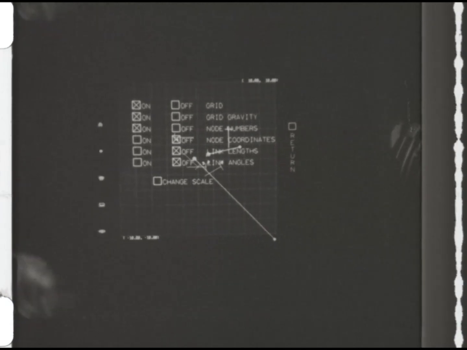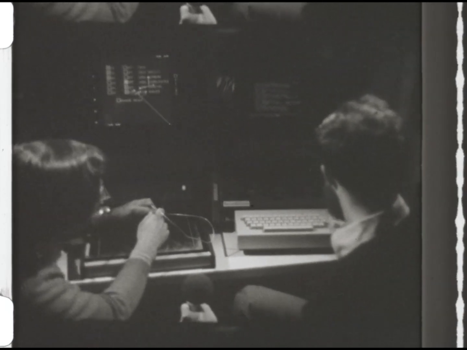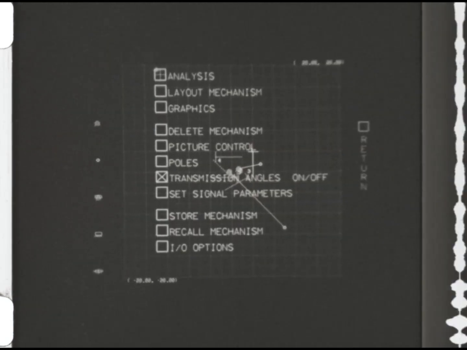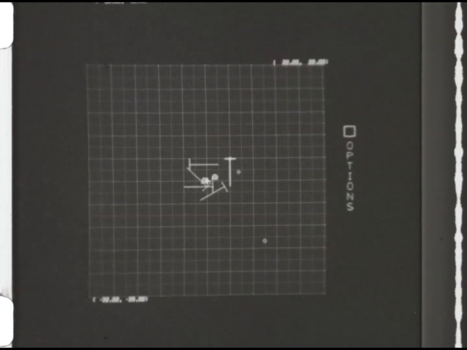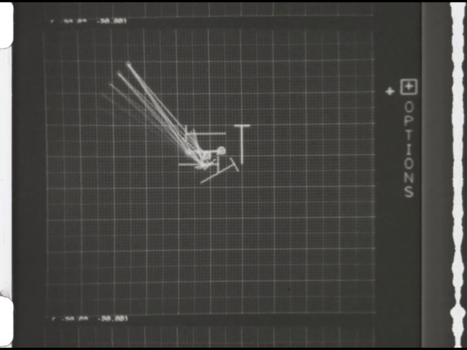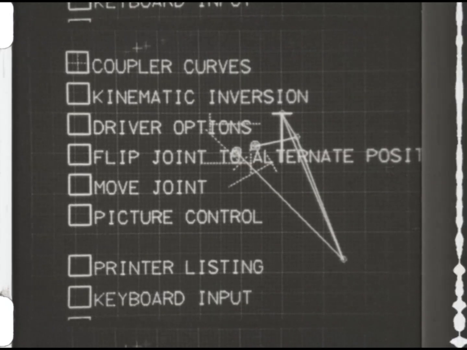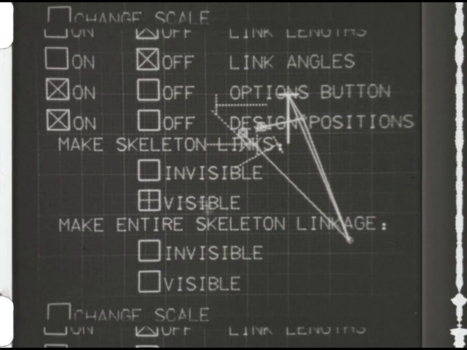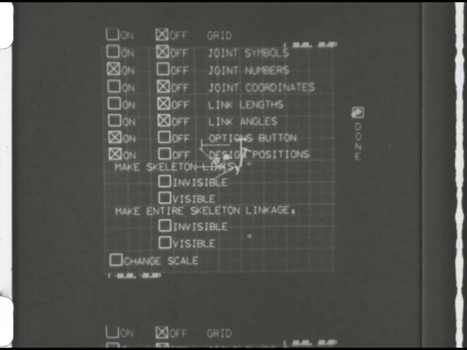Unfortunately, for 5 positions like this, we don't have very much choice as to where to put the links. So we really have to take what we get and see if it's any good. This is the only solution theoretically possible for these 5 positions. It's possible to mathematically show that no other solution actually exists for this problem. Well, you can see that there was a possibility for a double rocker mechanism, but no double crank mechanisms. Let's turn off the grid and turn off the joint symbols and just show the moving plane moving through